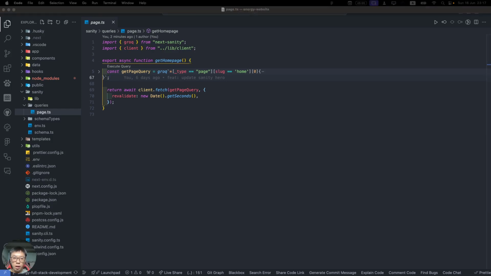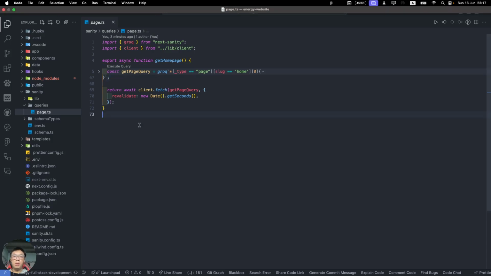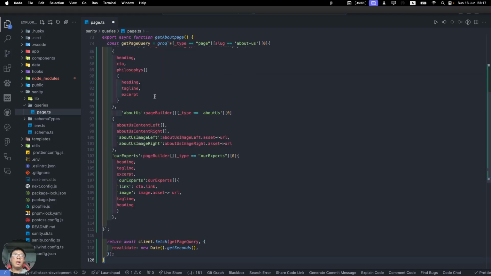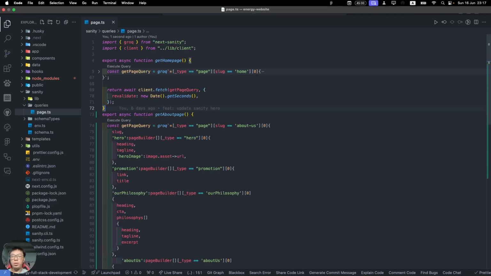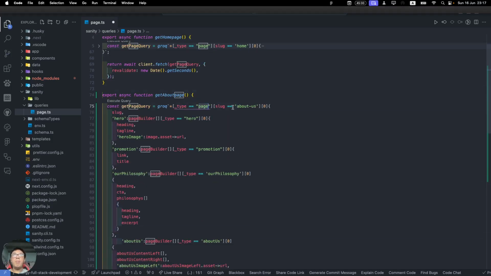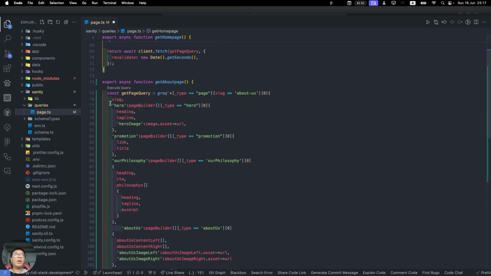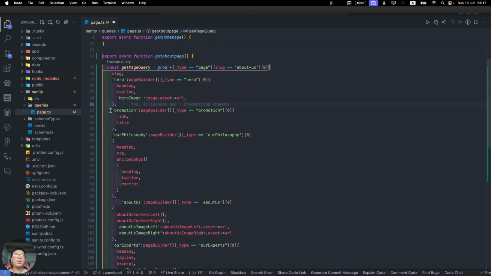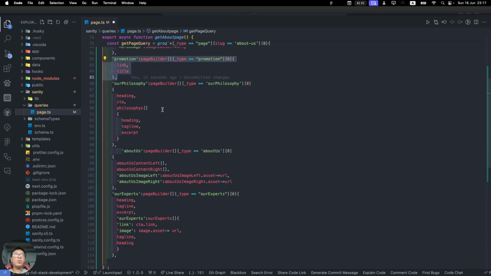Okay, so we need to get the about us page in here. The get about us page is going to have type page and use the about us slug, the same format as below, and we also need the hero, the promotions,